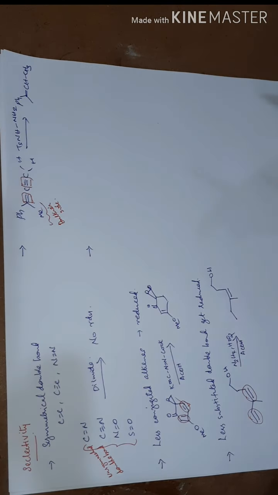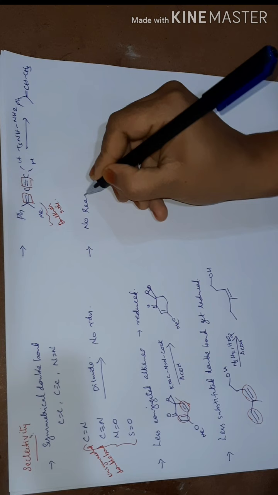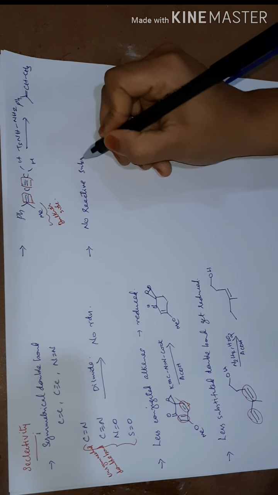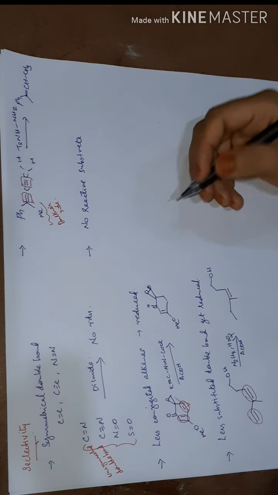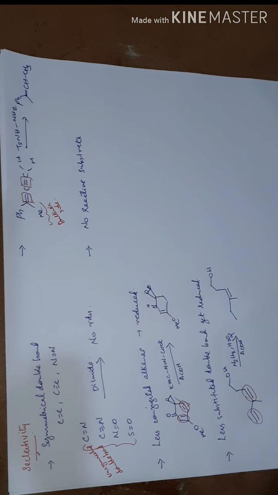And generally, these all 4 points are discussed in the reduction process of diimide when any reactive species are there. And if the diimide molecule is kept as such, without reacting with another reactive substrate, that is, if there is no reactive substrate, then this diimide molecule gets reduced itself to produce nitrogen and hydrazine.